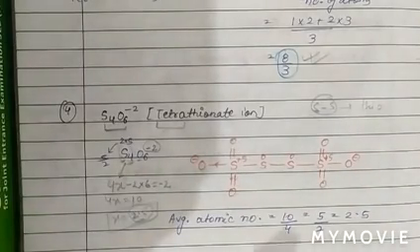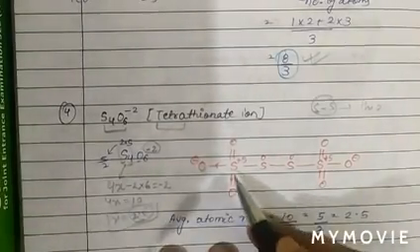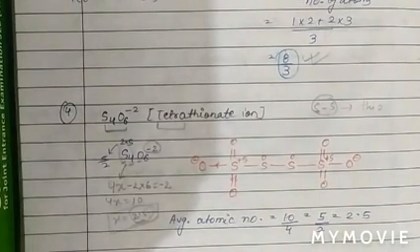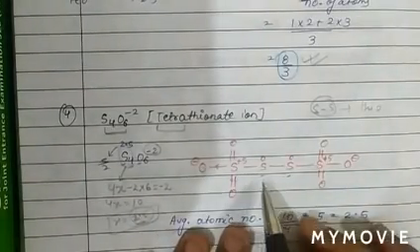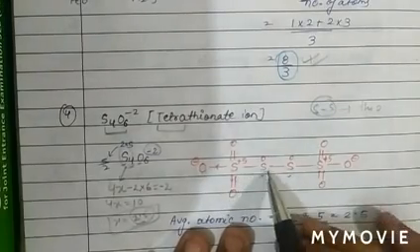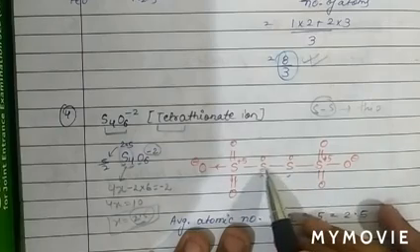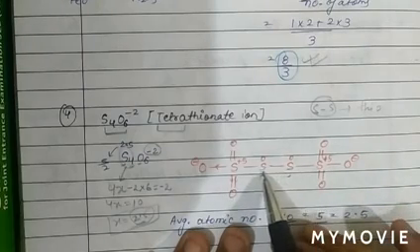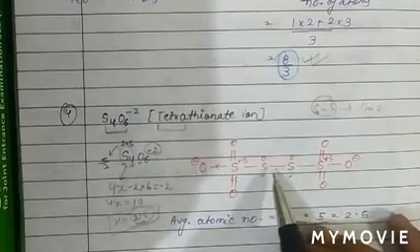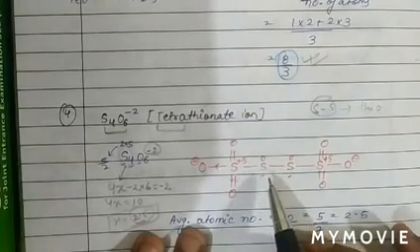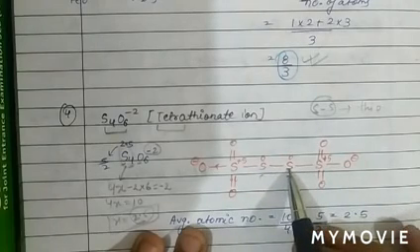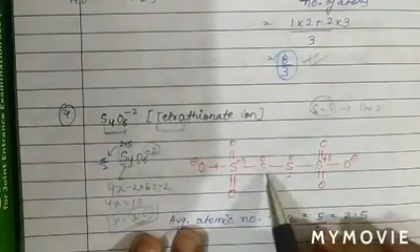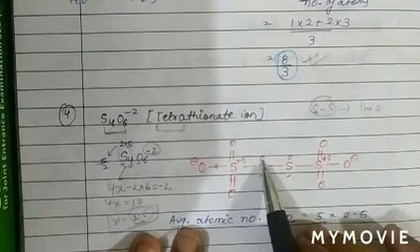Now we will find the oxidation state of each sulfur atom. How will we find it? In this case, both sulfur atoms are the same, therefore there is no electronegativity difference. When two same atoms are linked, there is no sharing of oxidation number. So this sulfur will have oxidation number 0, and this sulfur atom will also have oxidation number 0.